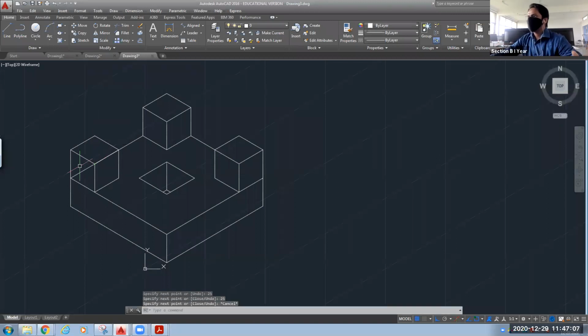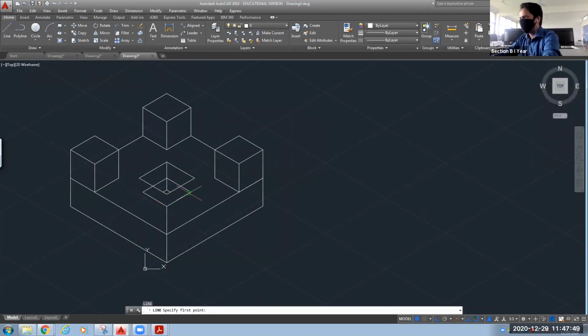Okay. So this line will also be visible up to this point only. Besides this, you will not be able to see that point. Okay. Similarly, on this corner also, I will draw it. 25, 25. Now change the plane on this side, 25. Change the plane, 25. Close it.